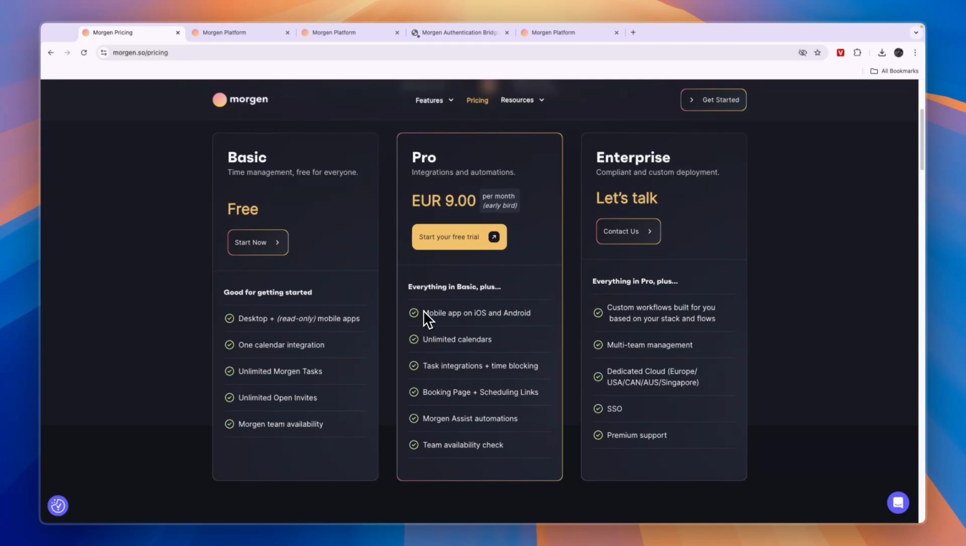Now here you will get access to the mobile app on iOS and Android, unlimited calendars, task integrations and time blocking, a booking page and scheduling links, the Morgen Assist automations, and team availability check. Now if you do want to get their pro plan, which is great if you're using it for work, then